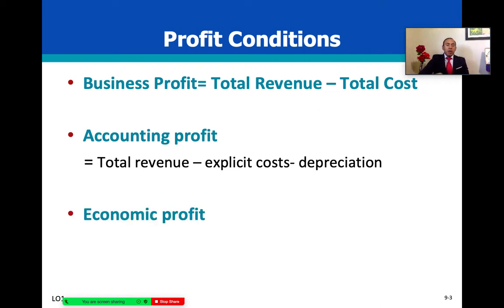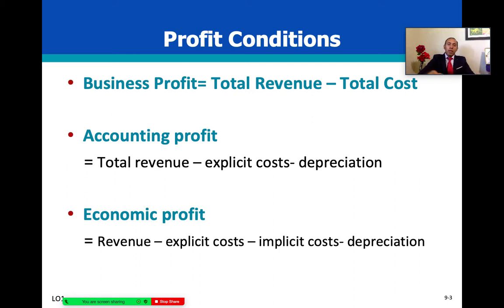And then we have economic profit, from an economic standpoint, that signals a little bit more of the cost factors that a business incurs. So economic profit is related to the revenue that is generated by the firm in the sale of goods and services, minus the explicit costs, which include the cost of operations, minus any implied costs, foregone costs that are often overlooked or overseen that are within the production capabilities of a firm, and any depreciation of assets. As you notice, economic profit has a little bit more to account for,